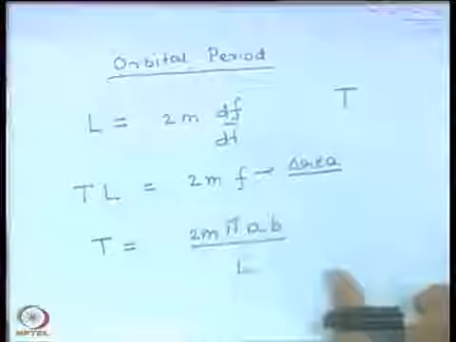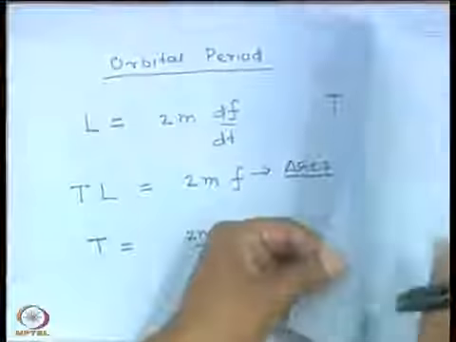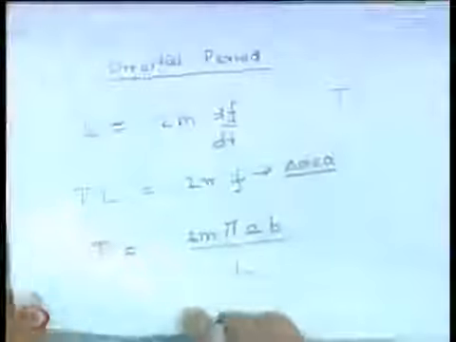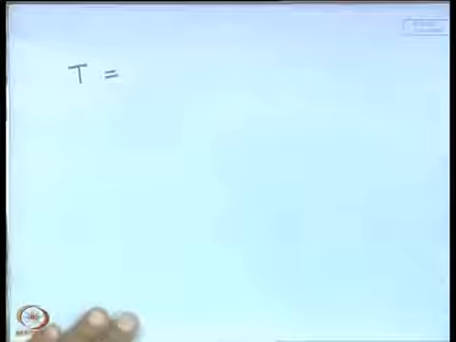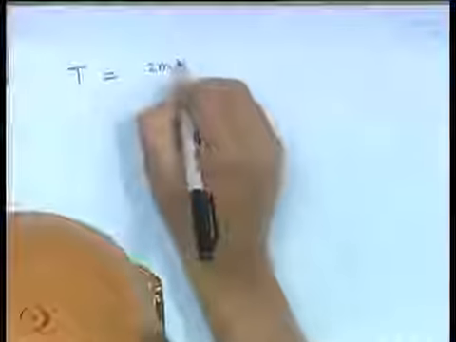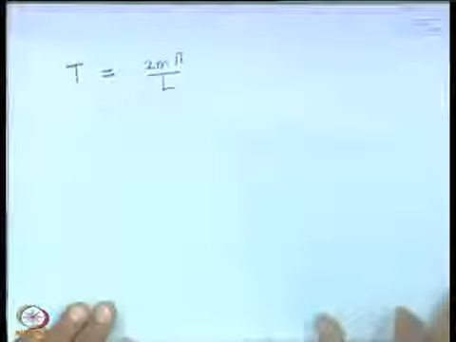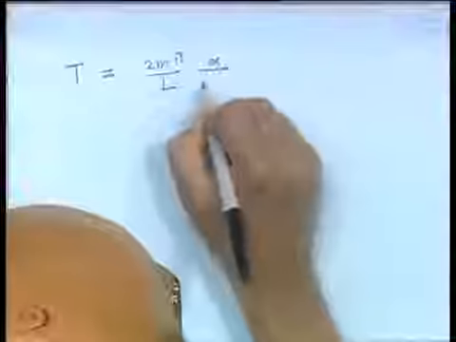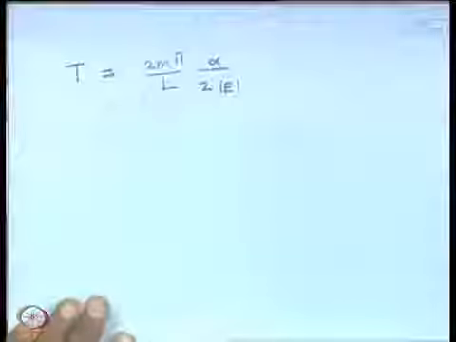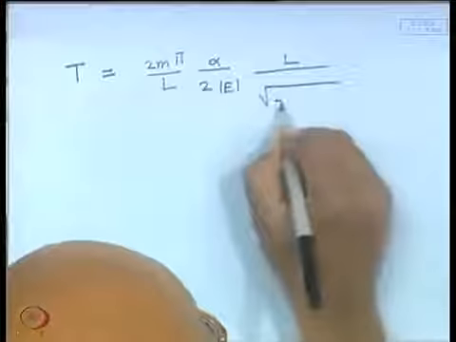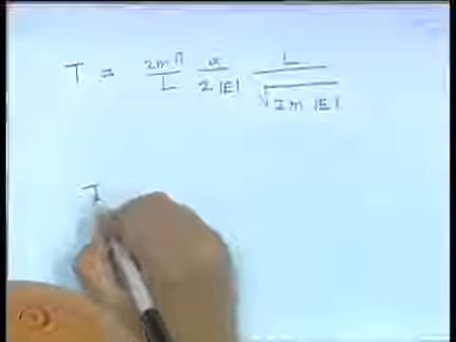So, what we get is that the orbital period is equal to 2m pi by L, and A, the semi major axis, is alpha by 2 mod E, and B is L by the square root of 2m mod E, and what we have is that the orbital period is equal to,